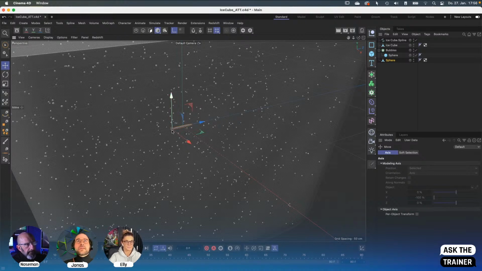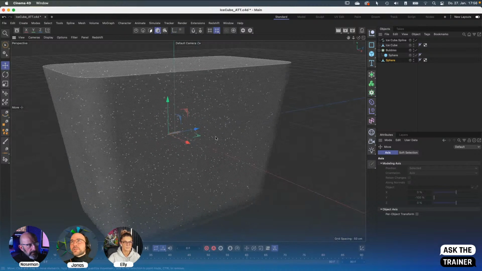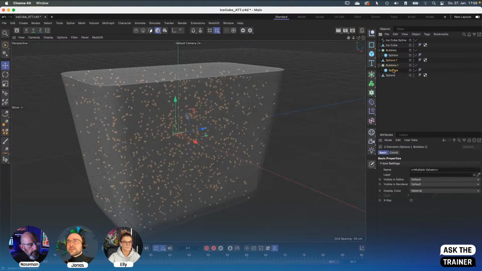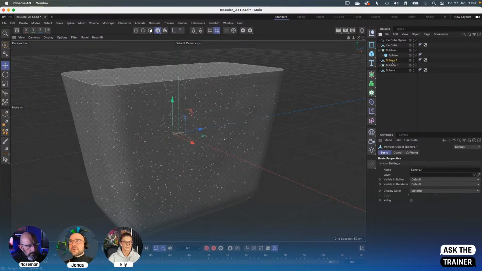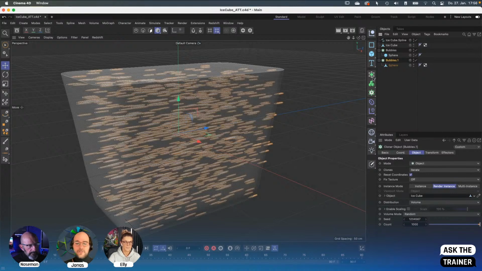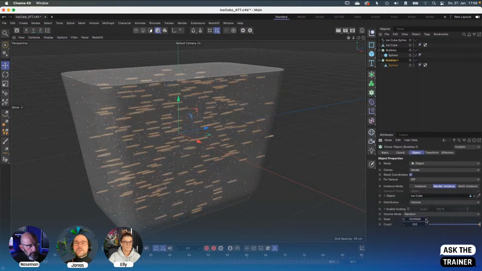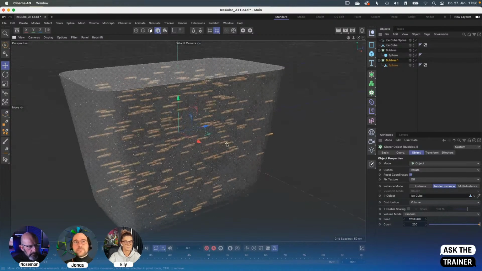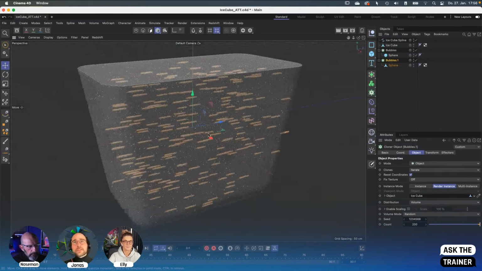All right, now I'm going to leave edit axis mode, and I'm going to do pretty much the same as with the bubbles. So let's just make a copy of that cloner, throw the sphere inside, and in here I'm going to bring down the count to, let's say, 200, and I'm going to adjust the seed as well. So now we have these MoGraph clones inside of the volume of the ice cube, but they are all pointing towards